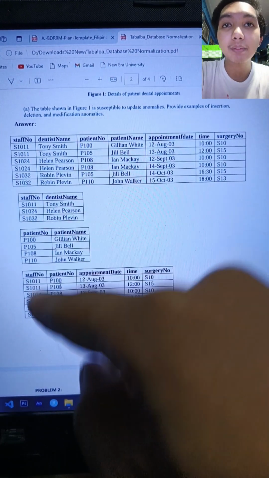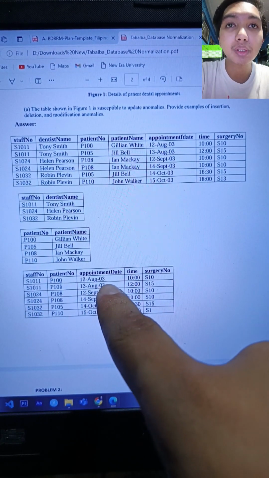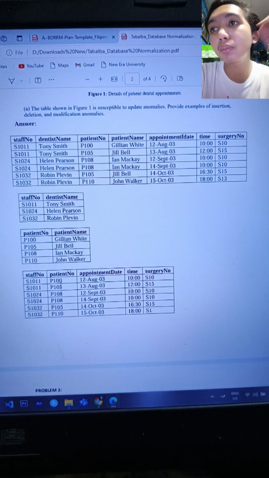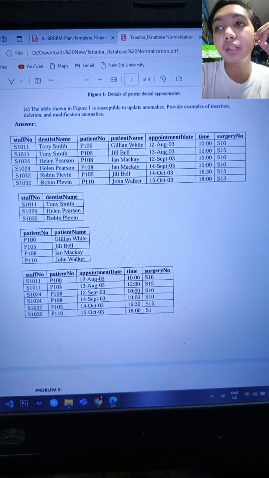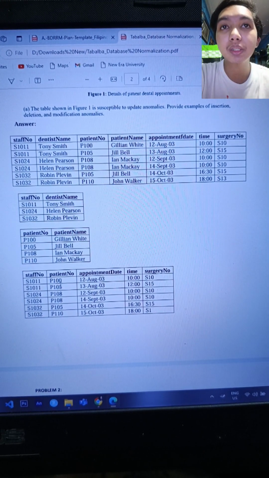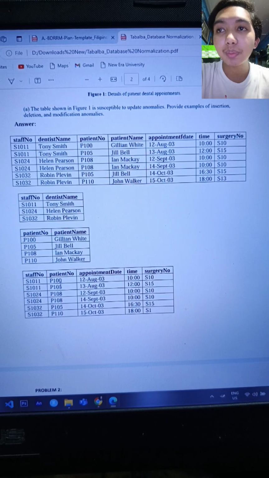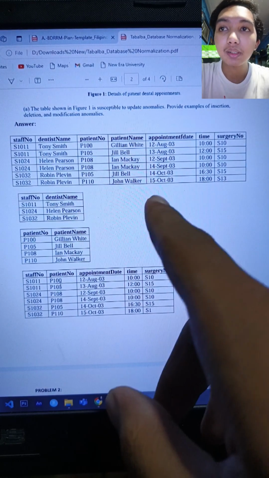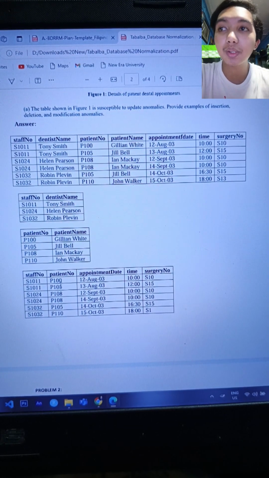The appointment contains staff number, patient number, appointment date, time, and surgery number, referencing the staff and patient information.